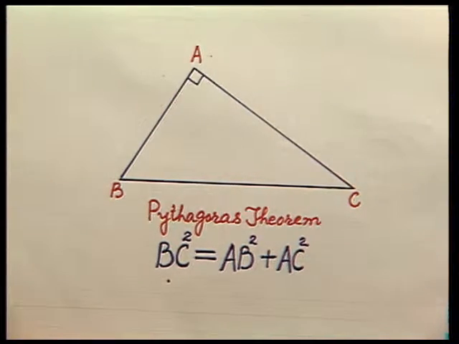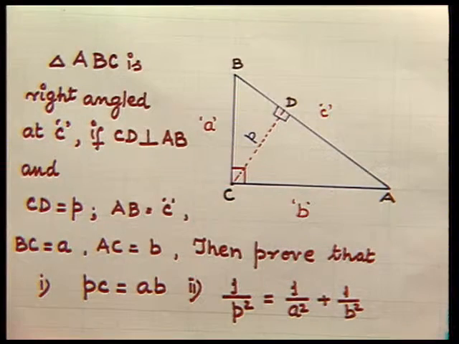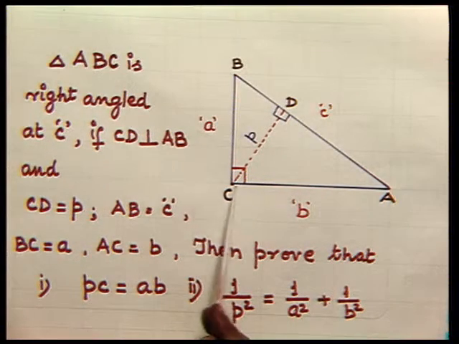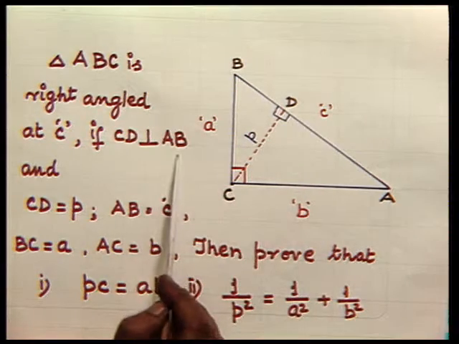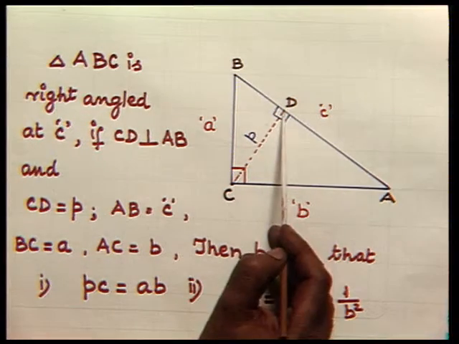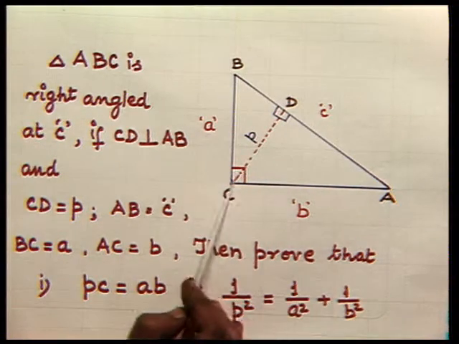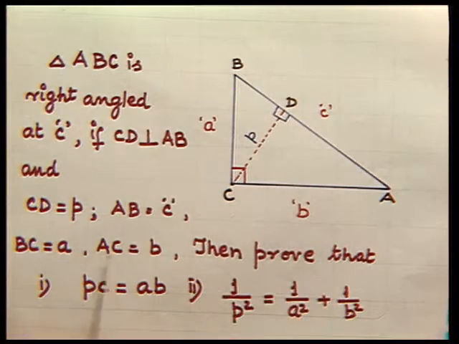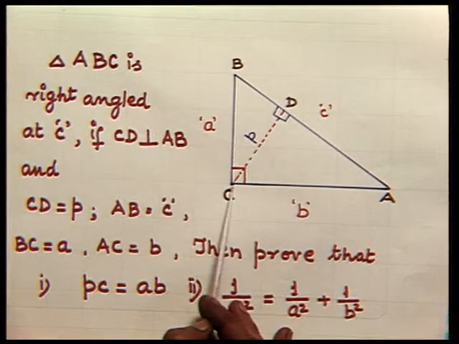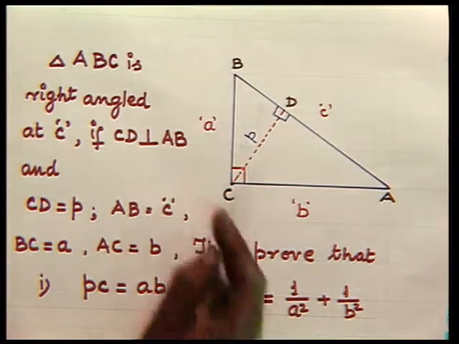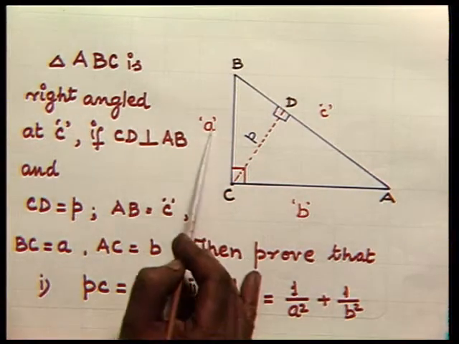Now, we will take up two problems based on this Pythagoras theorem, and here we will be making use of the Pythagoras theorem in a very special way. The first problem is: triangle ABC is right angled at the point C. If CD is perpendicular to AB, and this length of CD is denoted by P, AB, that is the side opposite angle C, is denoted by C, and AC by B, this is the side opposite angle B, and BC by A, which is the side